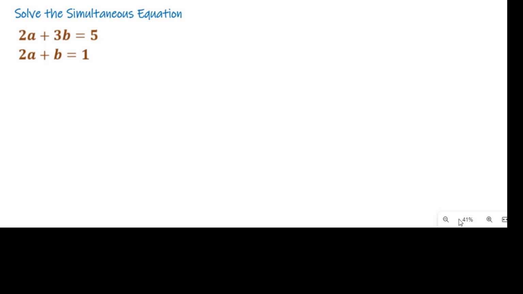Hello, welcome to our maths class. In our class today, we are going to solve this maths Olympiad question on simultaneous equations, and we are going to look for the values of a and b. Guess what? We are not going to solve this equation using the elimination method or the substitution method. So stay tuned, as we'll be using a very unique method in solving this equation, and that method is